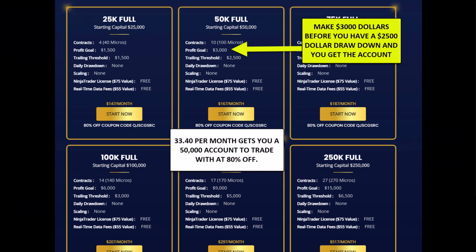And just to give you a short version, this is an example account from Apex, and it's a $50,000 account. What they do is they set up a simulator account for you, and you trade our rules, our software, and your objective is to make $3,000. And you have to make it before you lose $2,500. And if you do that successfully over the course of a week, then they're going to give you the $50,000 account to trade live. Now, with this account, you're going to be able to keep the first $25,000 in profit, and you're going to be able to keep 90% after that.